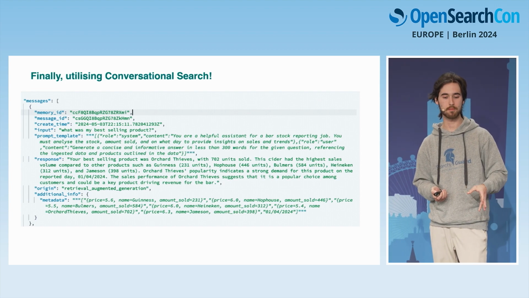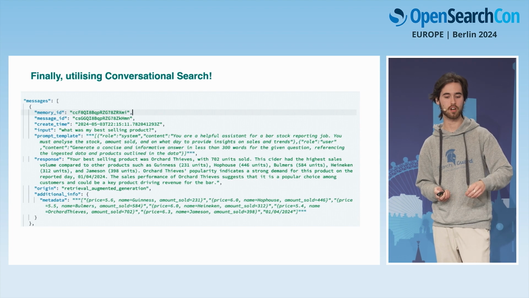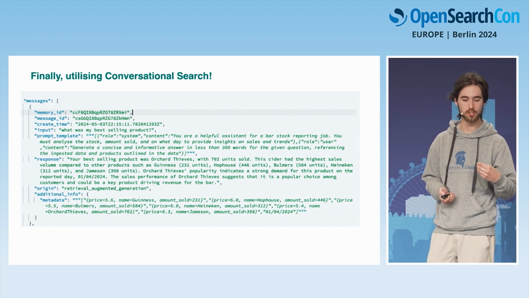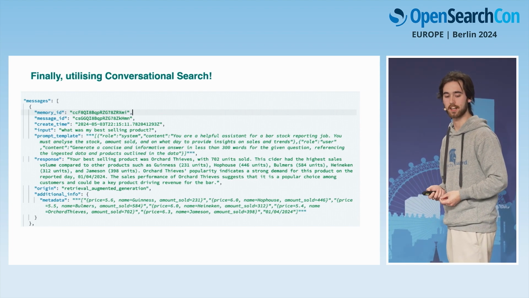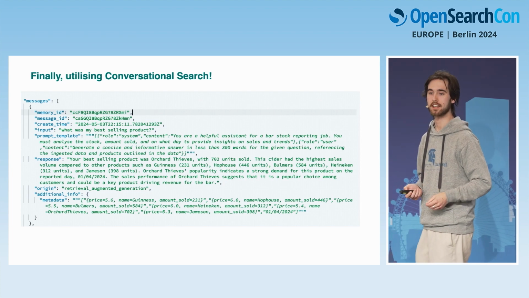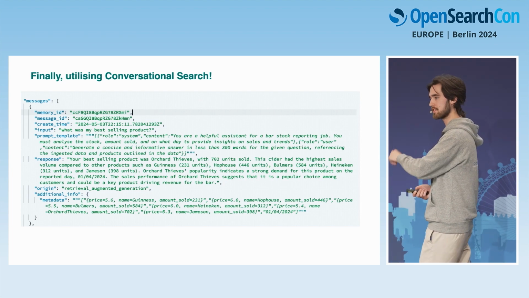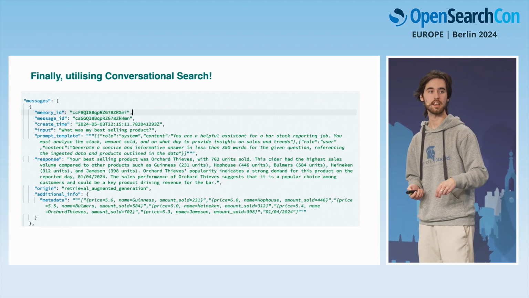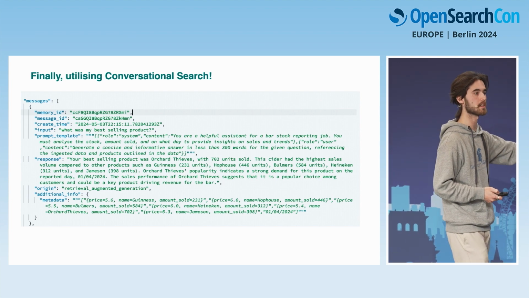As you can see from the prompt template, it's building everything that we had asked it before: the system prompt, the user prompt, the response from the LLM, and then at the very bottom, the metadata is the data that we have passed in from our documents into the LLM,